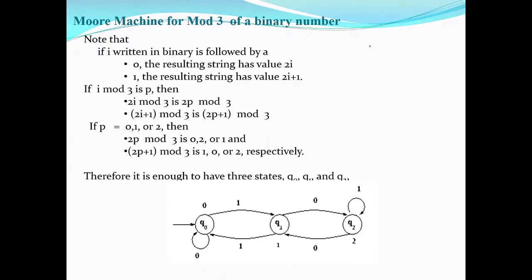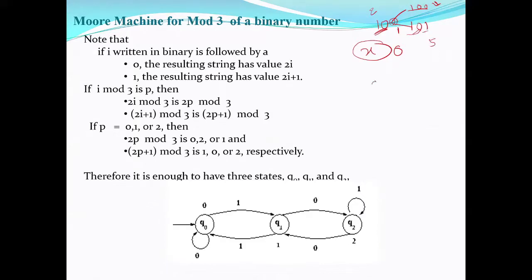Usually, if there is a binary number, let us say x, and suppose a 0 is added to this number. Suppose you attach one more bit. For example, if x is 1 0, this is your x. If you add 0 to 1 0, it becomes 1 0 0. Now what is the value of this? The value of 1 0 is 2. The value of 1 0 0 is 4. Now suppose this 1 0 is added with 1, then what happens? The value becomes 4 plus 1, 5.